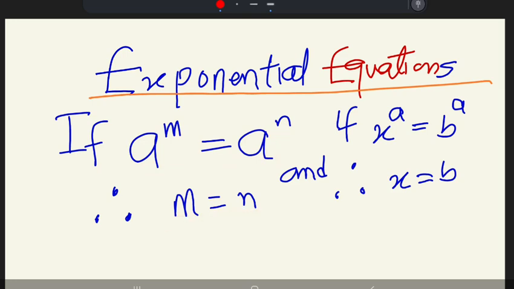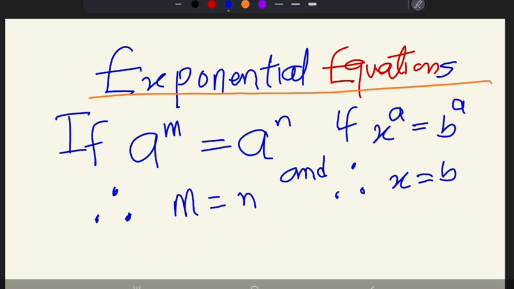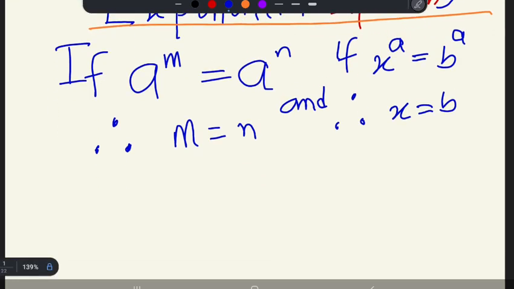And vice versa, if you have ones that have different bases but the same index, it is telling you that the bases are equal. So these are exactly the rules that we are going to use for any question involving exponential equations. So let's continue in solving a question like this. For example, a question is given to solve an equation like